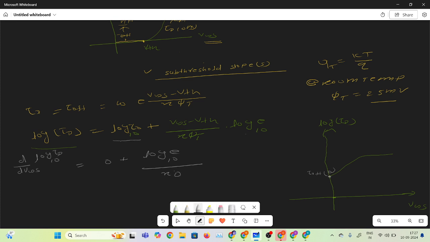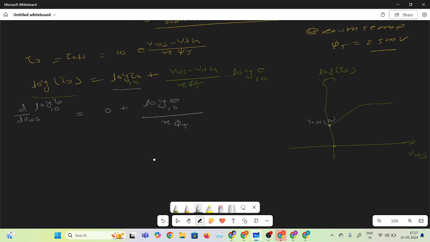Okay, so this is the eta phi t. Because of that, this constant is 0, and this is the constant term at VGS. So differentiation is 1 by phi t, so phi t will go in the denominator. Now if we want to calculate the slope, then in this case 1 by